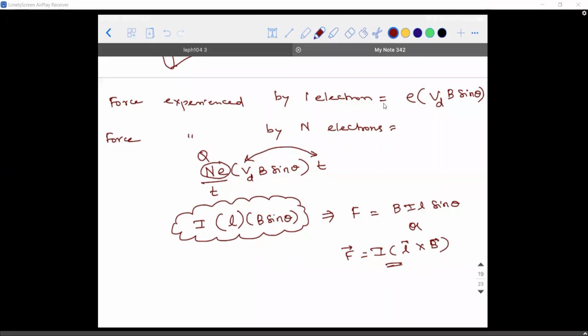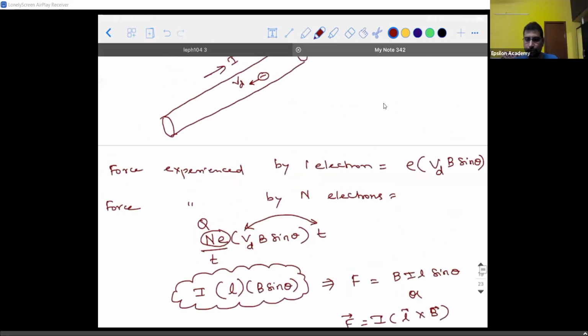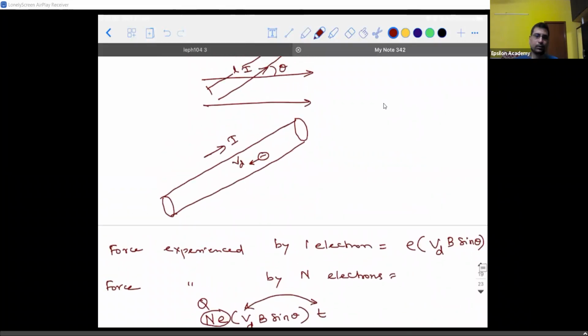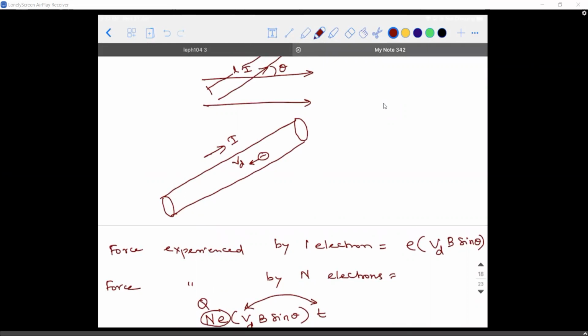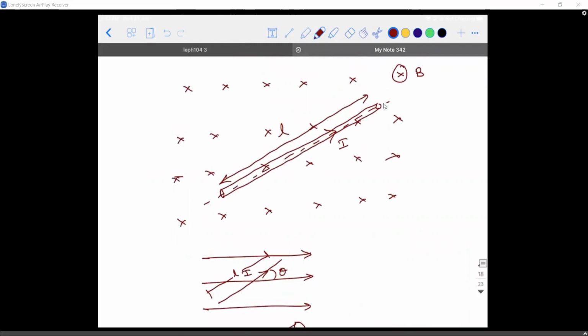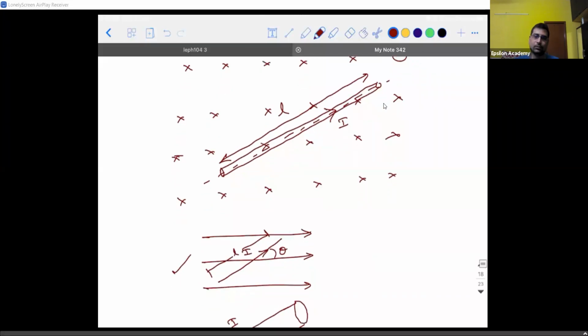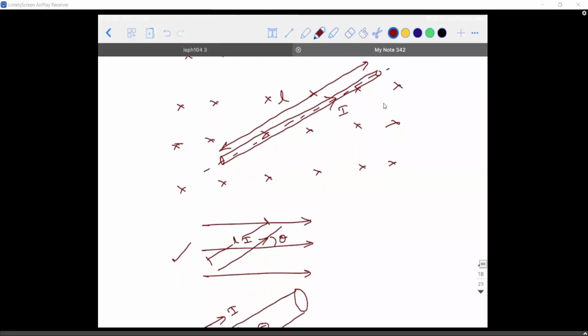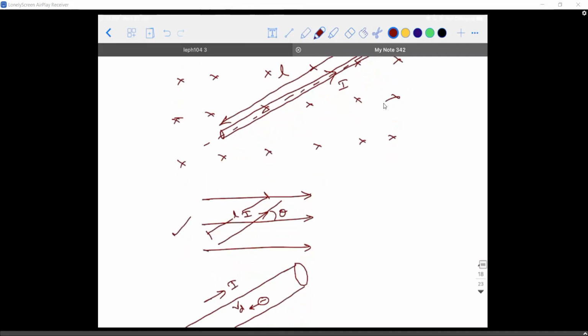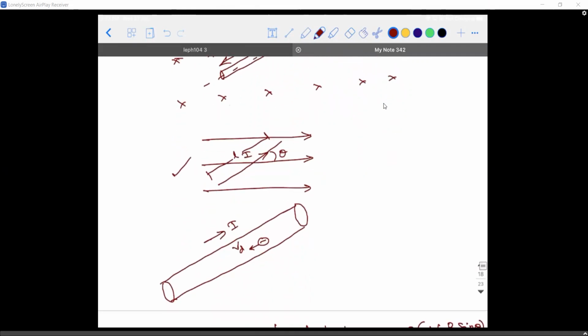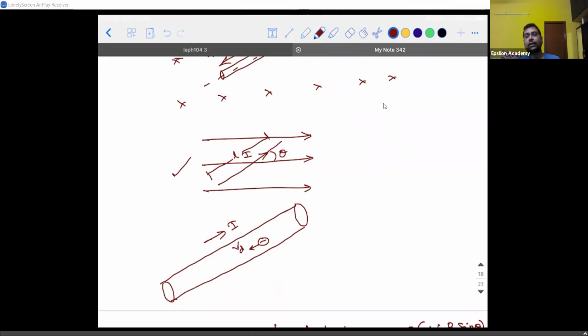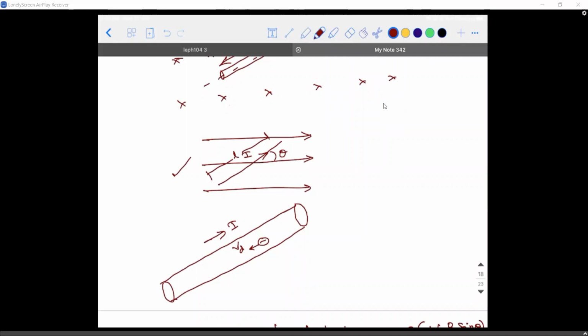So could you scroll up a bit? Is this fine? So the first diagram. You can take this itself as the first diagram because it's easier. So I have a doubt. Tell me. Last statement you told was that the force is perpendicular, right? Force is perpendicular to both length and magnetic field because you're doing cross product. Okay, sir.